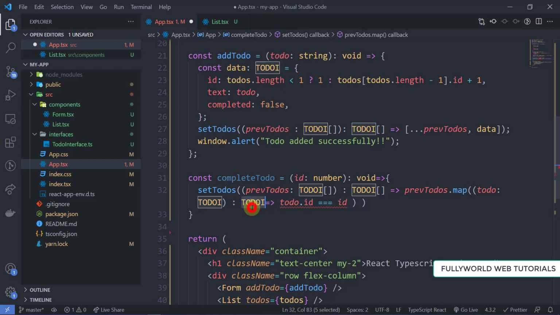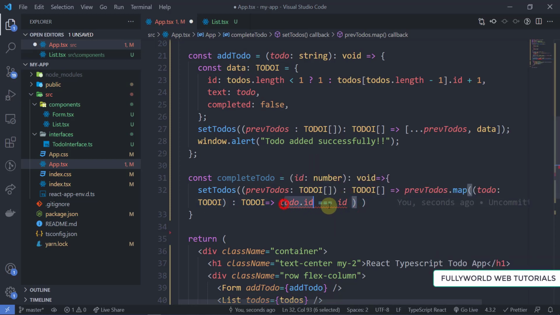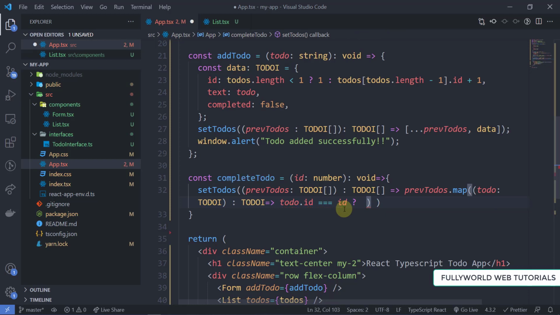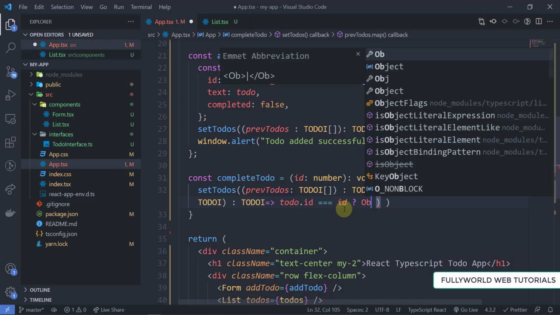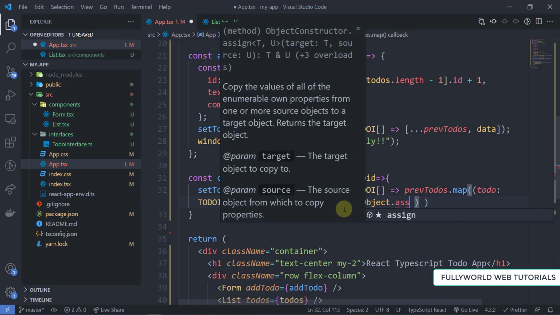It will return us the object here. Now we are getting an error here because we have mentioned the boolean here. So now we have checked if todo id is equal to the same id that we have provided here, then what are we going to do? First of all, we are going to assign this object here. So Object.assign,